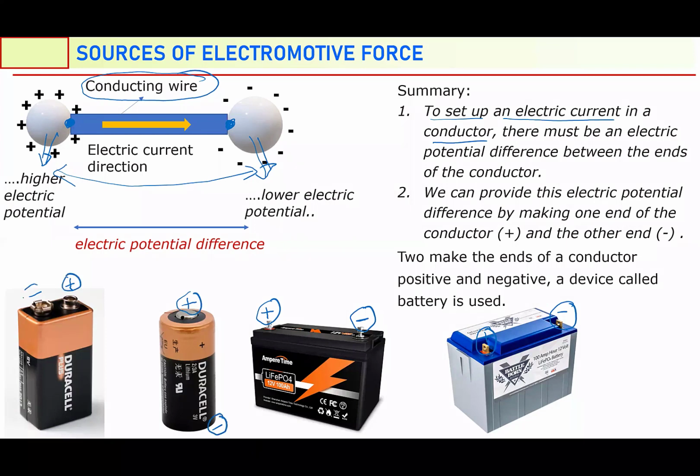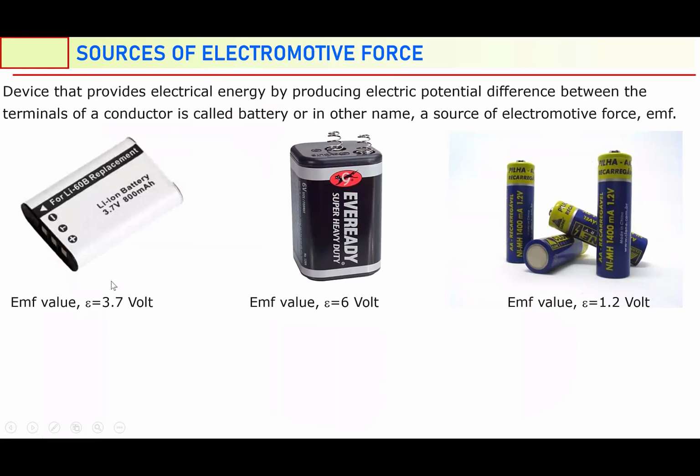positive terminals, you are going to observe an electric current starting from the positive terminal of the battery to the negative terminal of the battery. So these devices, which provide electrical energy to a circuit, are named in physics as a source of electromotive force. Any device which produces electric energy for a circuit, for another device, is called a source of electromotive force. So batteries are one type of source of electromotive force, represented by an EMF source,